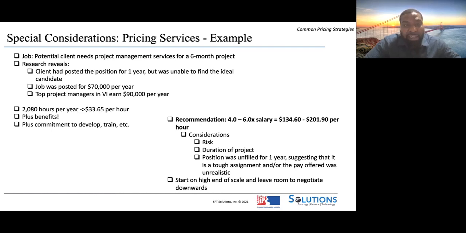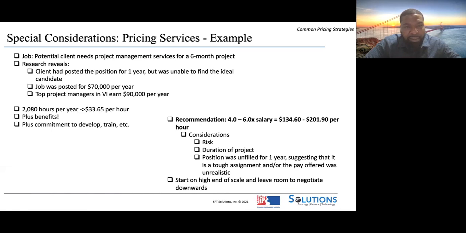Then you also got to think about the short duration of the project. So think about going out and hiring an employee and saying, I only need you for 6 months. No doubt some people might be willing to do it. Let's just say they were transitioning between jobs or whatnot, but it's going to be harder to find someone just for 6 months than saying, I want to hire you indefinitely, right?